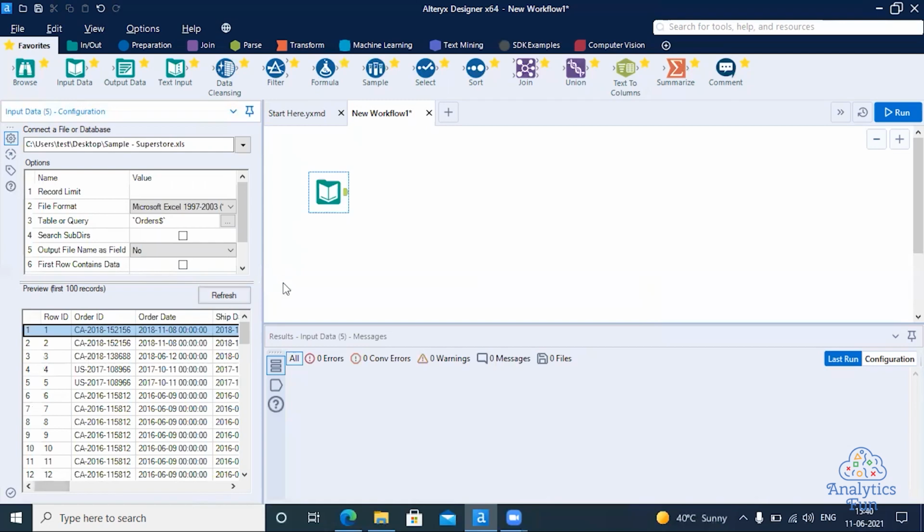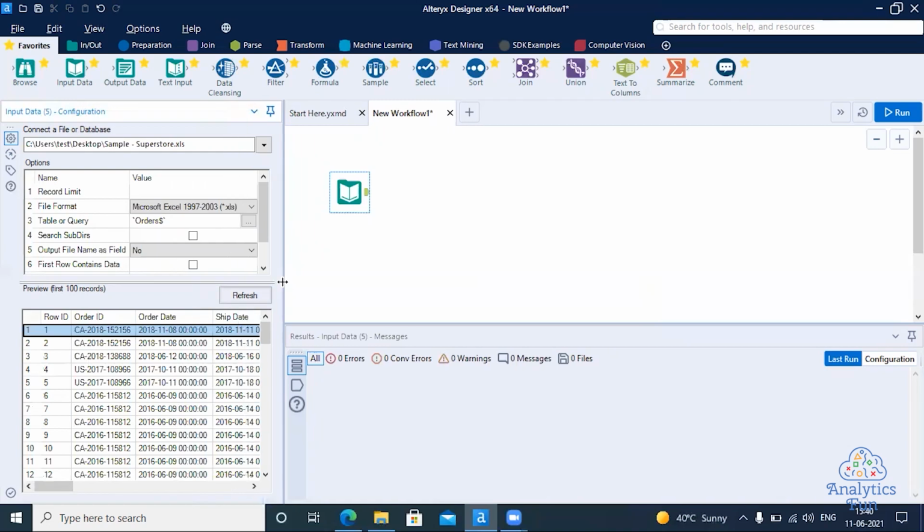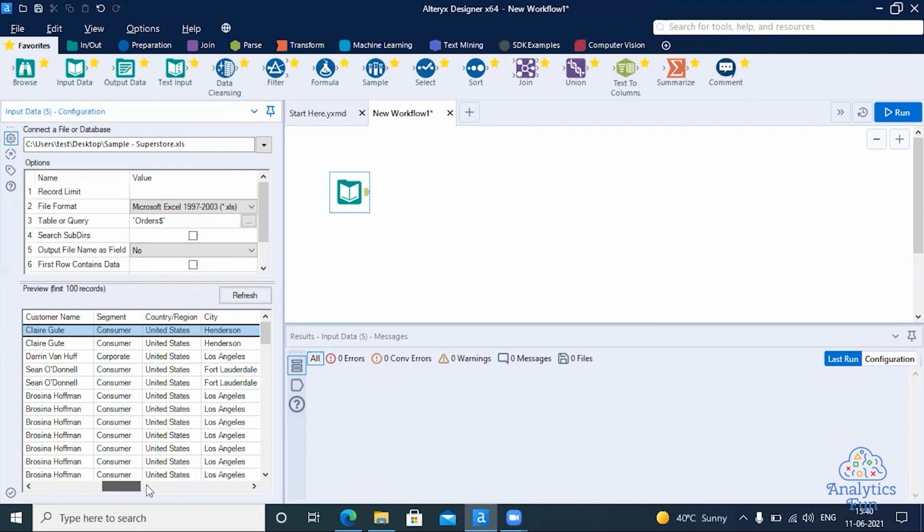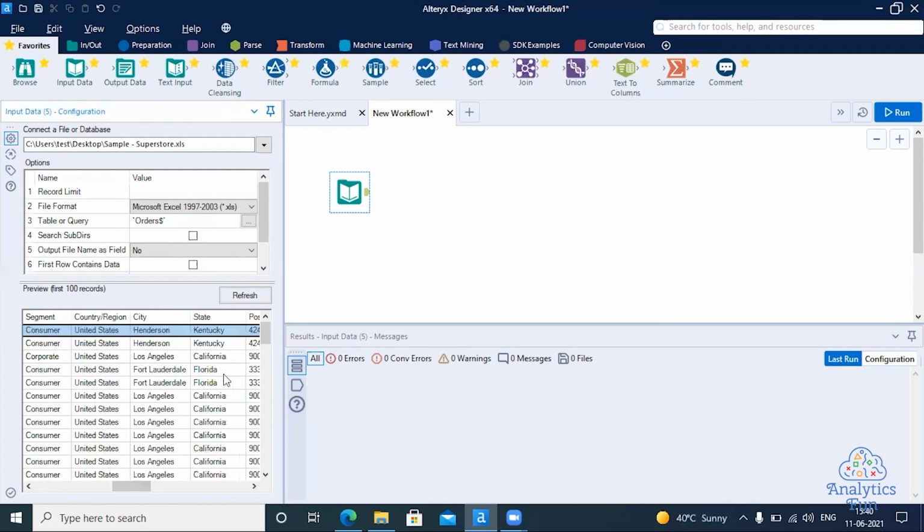And now suppose I want to filter only for the rows which are in year 2018, because we have a shipping date. So I want to know only for the products which were shipped in 2018. And also I want to know only for the furniture products and for the products which were shipped from Florida, state Florida. So three conditions I will be testing here: state Florida, category furniture, and date is in year 2018.